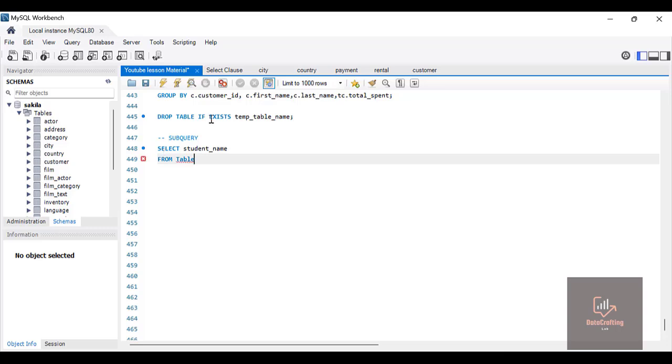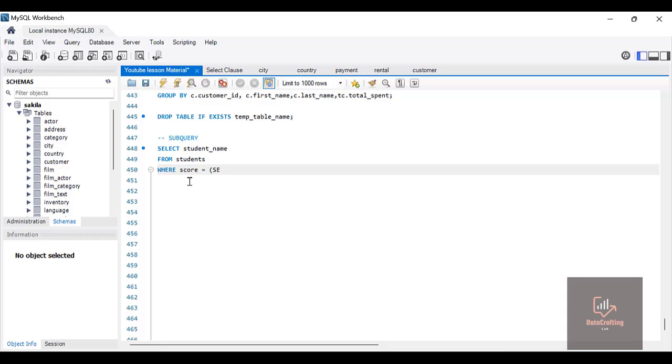Sorry, FROM student table. Now, our WHERE clause is very important in it. WHERE score, because we want to check for the highest score, WHERE score equals